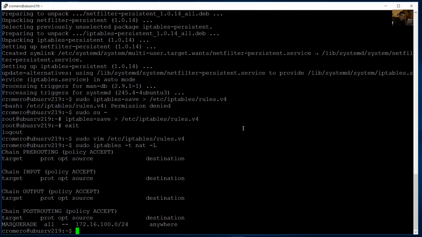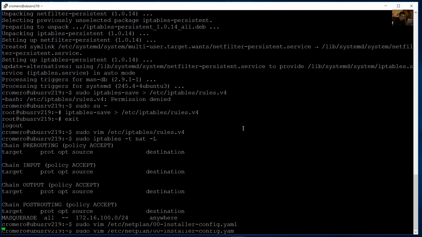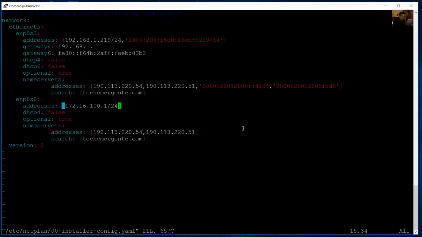Okay, and now configure IPv6. For IPv6, I will modify, sudo vim /etc/netplan, this installer config file. Enter. And I will add the IPv6 configuration. I key to insert